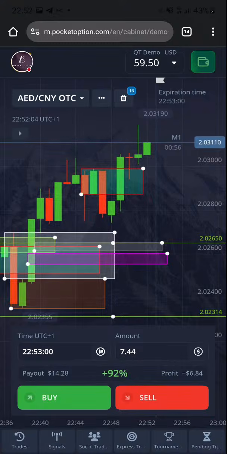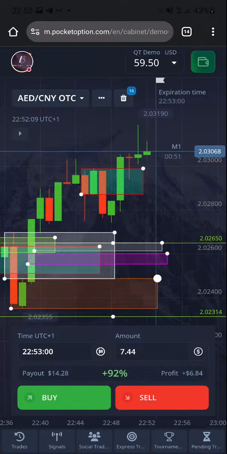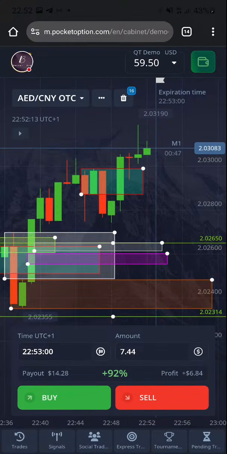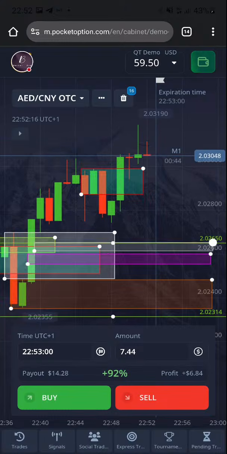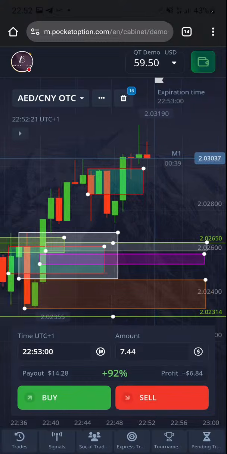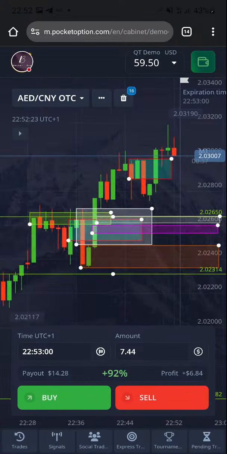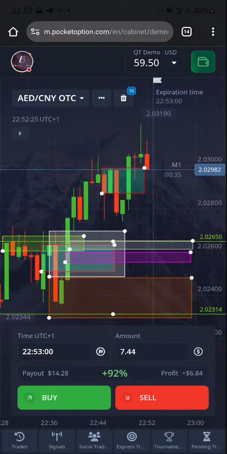Now, if price comes back to this down area, we still have a good trade here. We still have some very nice trades here. We can take the trade. You understand? Because now we still have the decision points trade. These two entries. Then we still have another block.